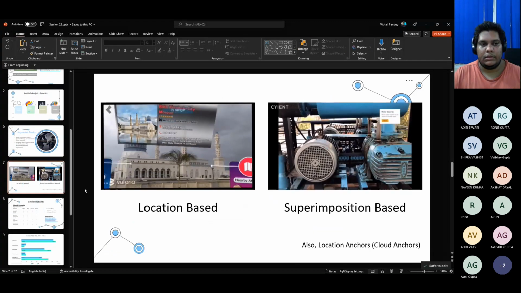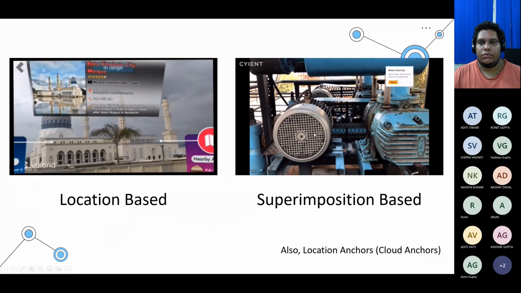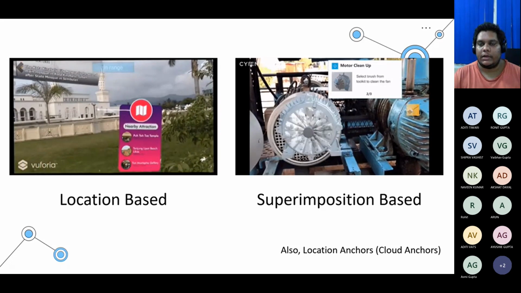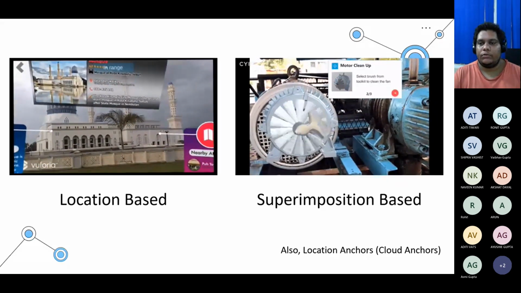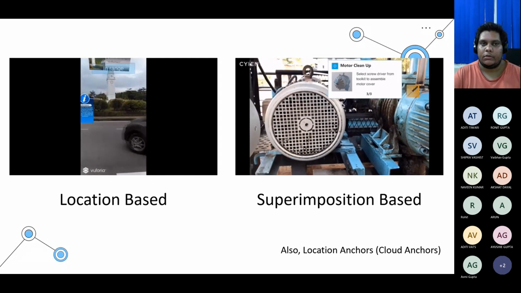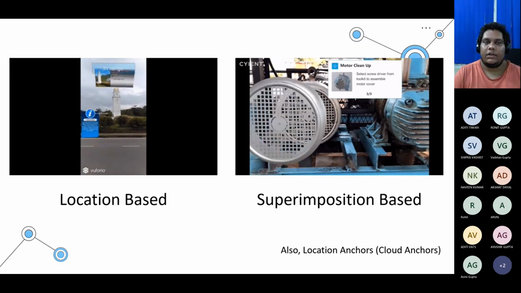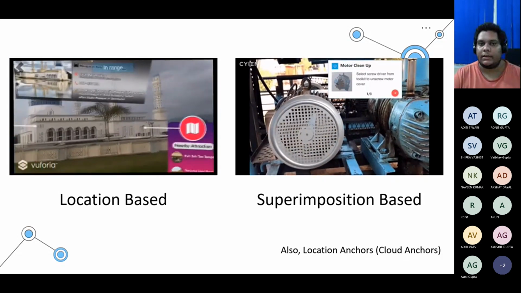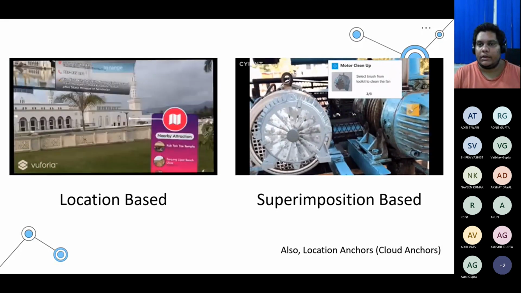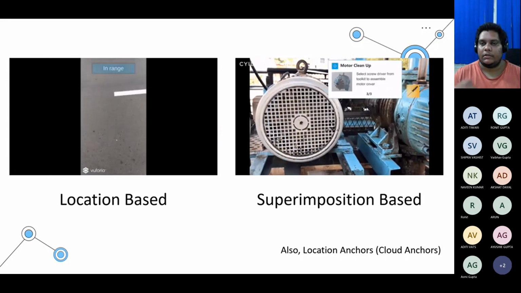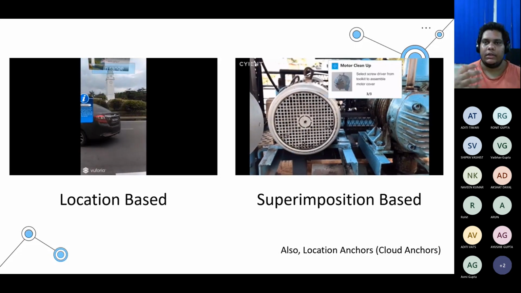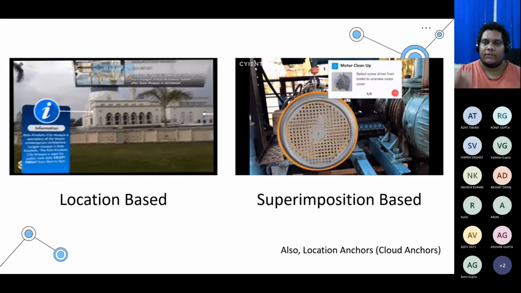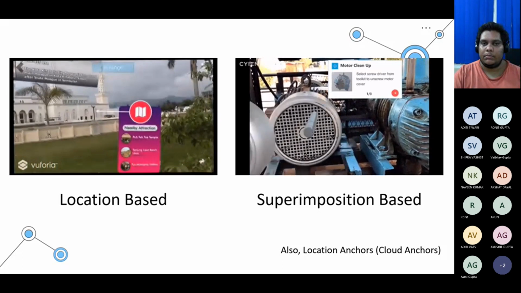Coming to this, we talked about marker versus markerless. Then there's location based as well as superimposition based AR. Location based, as you can see, if you're near a building or a monument, you point and you have specific information regarding that location, right? And superimposition based, if you see the video, is a specific machinery or object, anything you want to impose on top of the real thing itself.